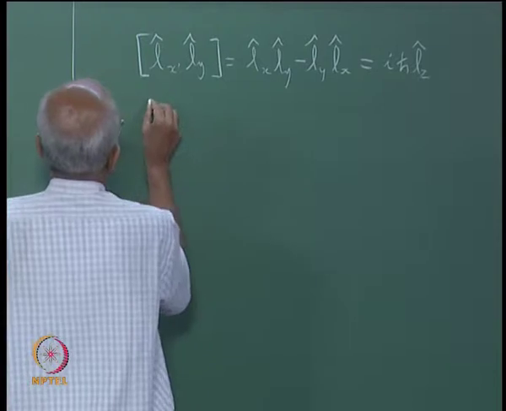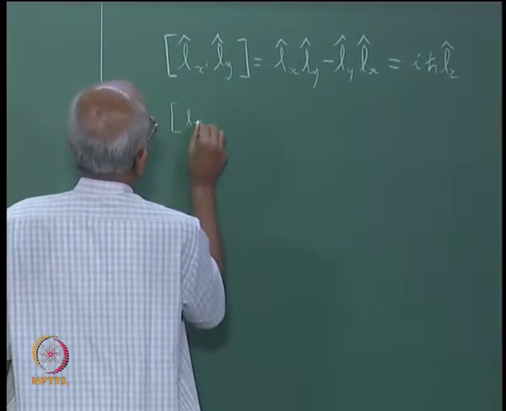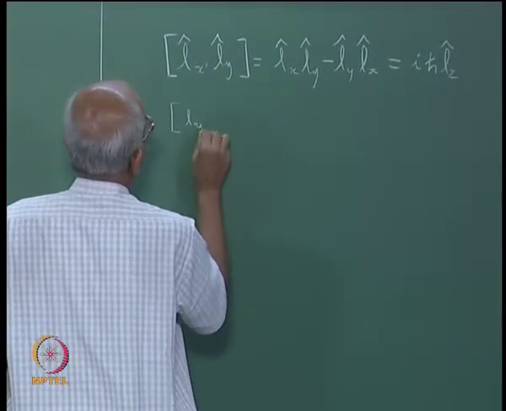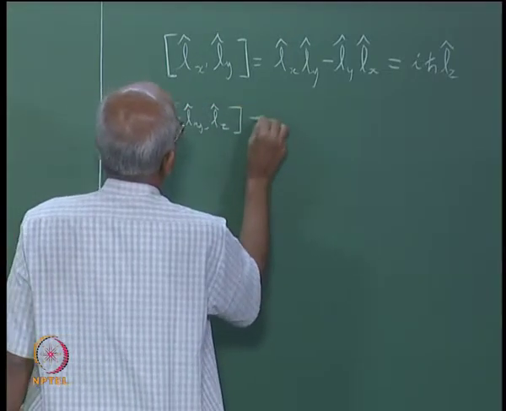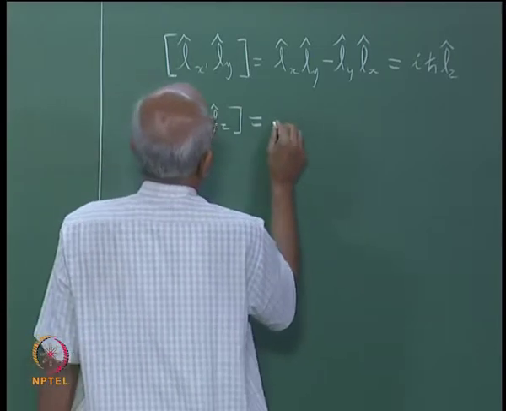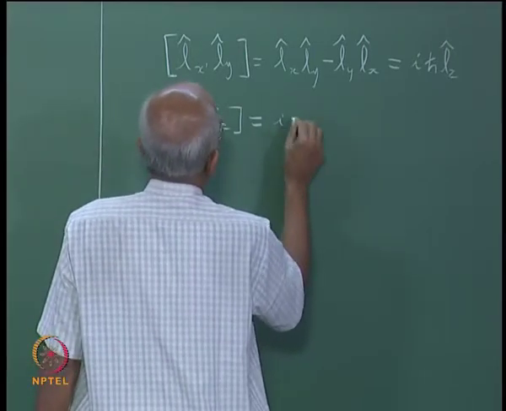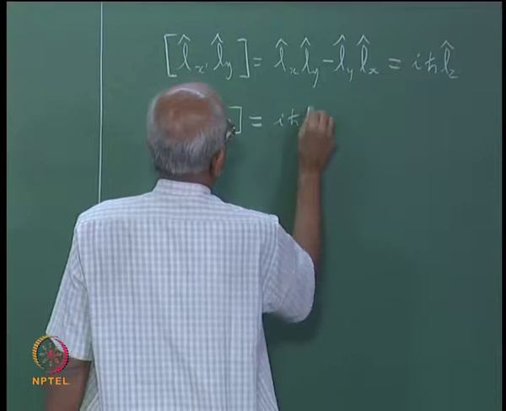And I told you in a similar fashion I can calculate other commutators, like [Ly, Lz]. This will turn out to be iħ Lx,